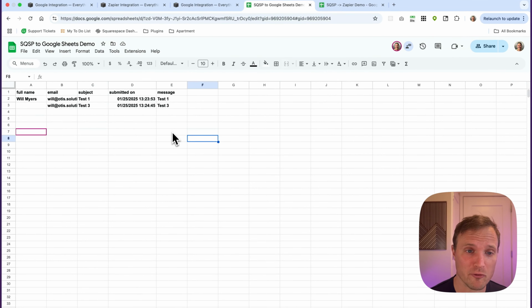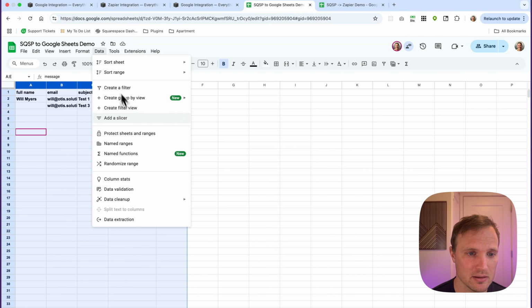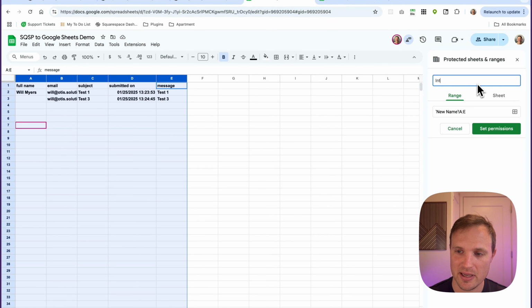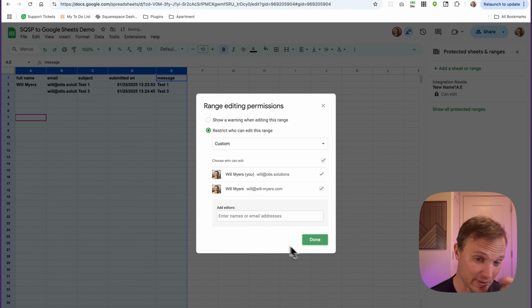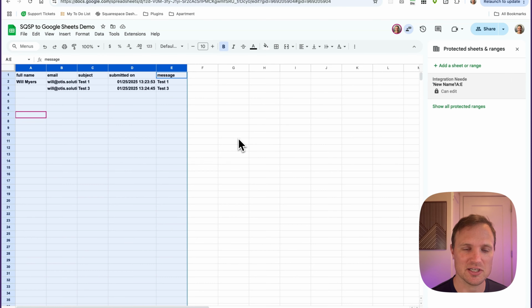Okay, so the most straightforward way to do this is to highlight the columns that you don't want your client to be able to update. Then go to Data, Protect Sheets and Ranges, and then add a description here, integration needed, and then hit Set Permission. Now, I've already shared it with my client over here, so I'm not going to let them be able to update it. Obviously, these are my emails, but I'm just going to hit Done, Save Changes,